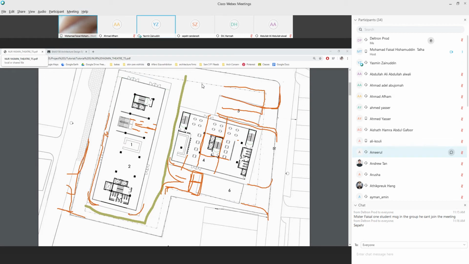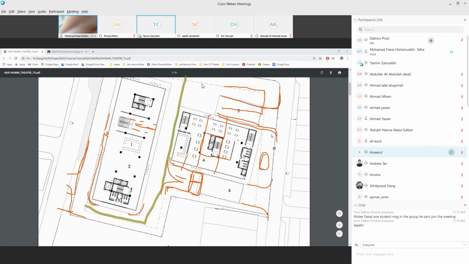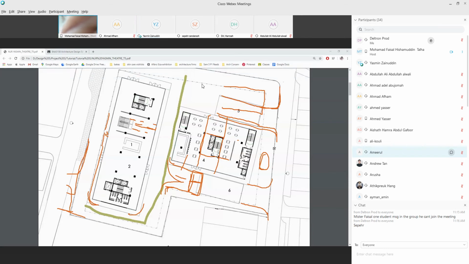And then here, what's going on here? Oh, that one's empty. No entrance from there. No, because here all the toilets, so there can't be an entrance there.